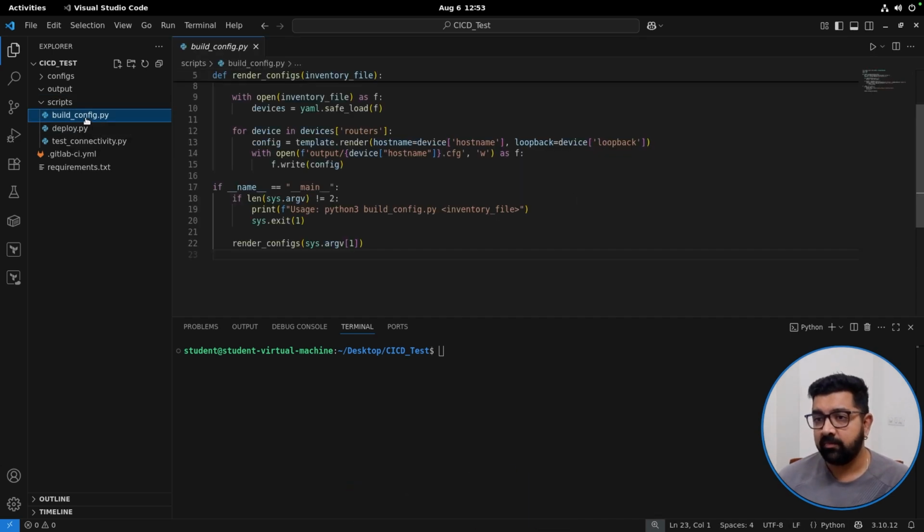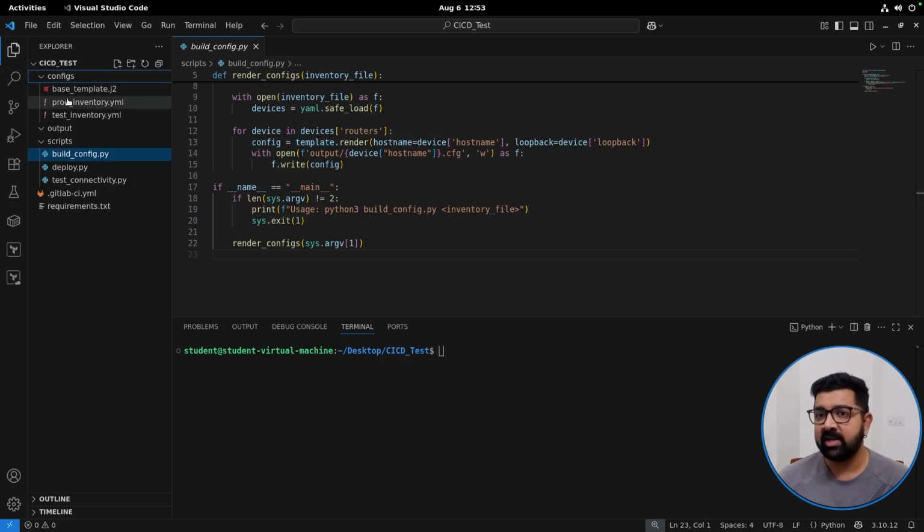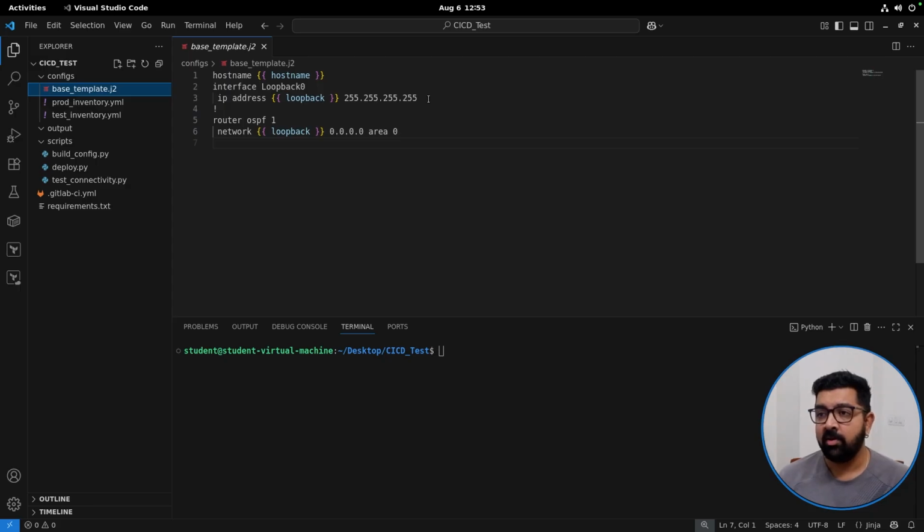So what does build_config.py do? It combines the Jinja template which we have created, and it creates a configuration for providing the host name on the router, as well as configuring OSPF on that particular router, and making the loopback network which we are creating. You can see here we are creating a loopback interface, interface loopback 0, and then the IP address. What should be the host name, what should be the IP address for the loopback interface, that's something which we have defined in these